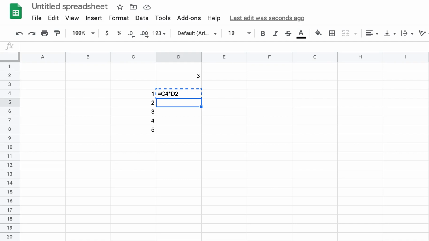So when you are going down in the column, anything it finds in the formula that is a cell reference, it sees, okay, I am going down the column, so any reference that I see of a cell, I have to increase the row number, I have to keep the column the same.